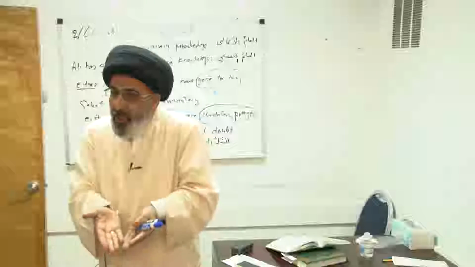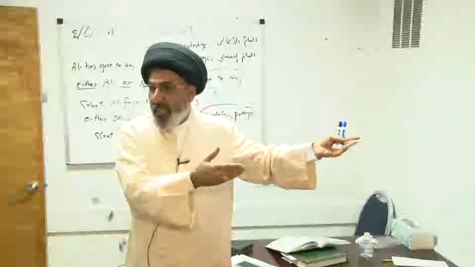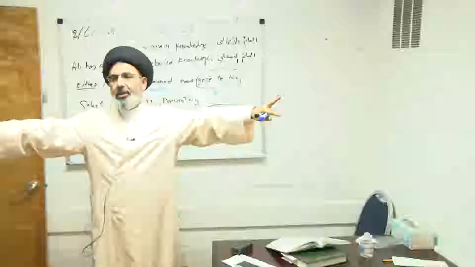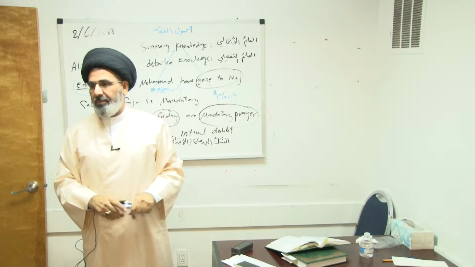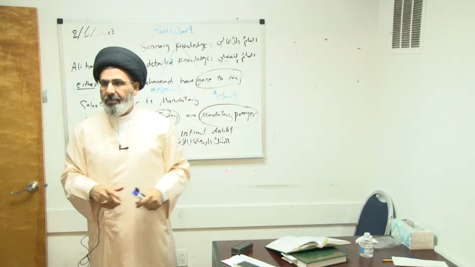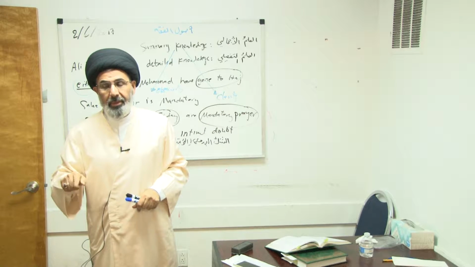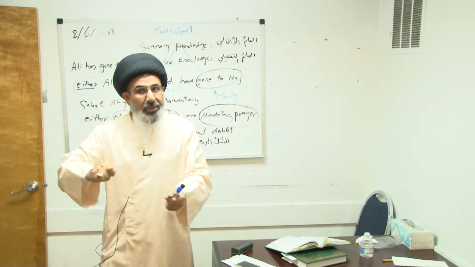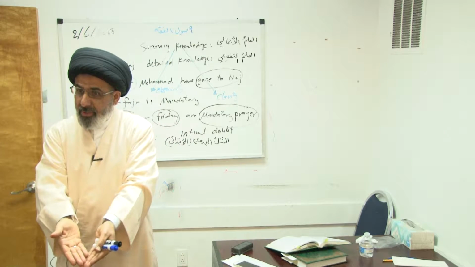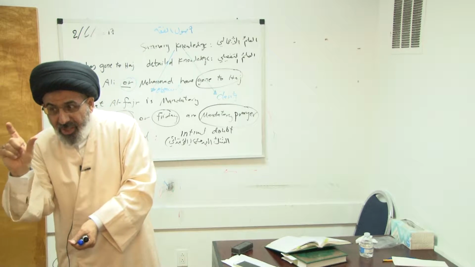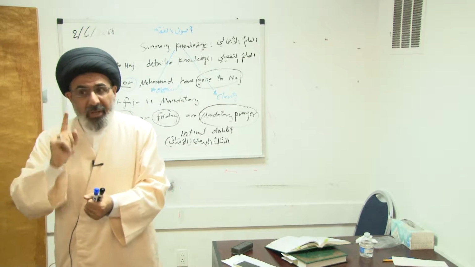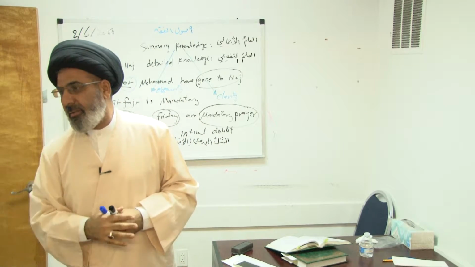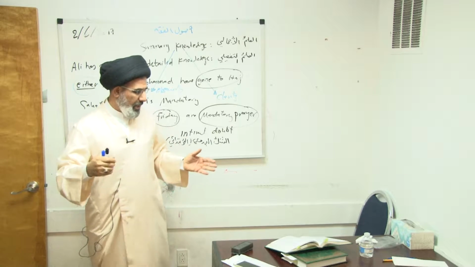Why? Because it's coming to your apartment, not your neighbor's apartment. Sometimes if the address is your neighbor's apartment, you bear no responsibility. It's not my property. But when it comes to your apartment and you don't see the name, this is summary knowledge. So the intellect tells you not to just throw it. It could be your name on it. You did not see the name. This is summary knowledge. So when we have summary knowledge, we don't apply bara'ah. We apply what? Ihtiyat. Did you get it now? I got it. Alhamdulillah Rabbil Alamin.